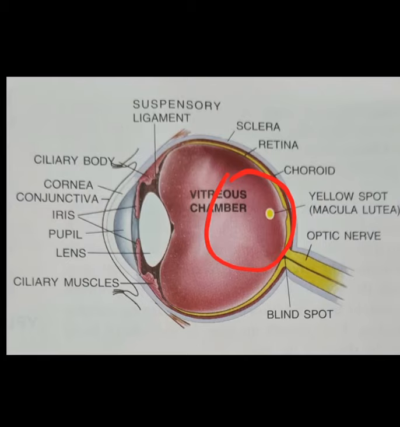It contains the maximum number of sensory cells. That's why it is called the area of brightest vision. If the image of the object is formed at this part of the eye, that image is the brightest and the clearest one. That's why when we are reading from a book, we move our eyes from word to word. That is because we are fixing the image of those words at this spot to get a clear image.